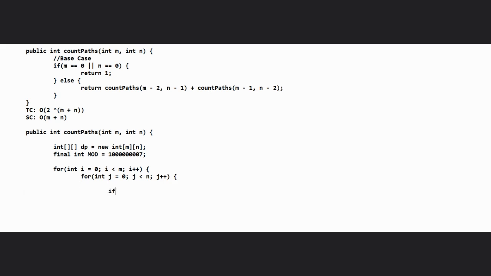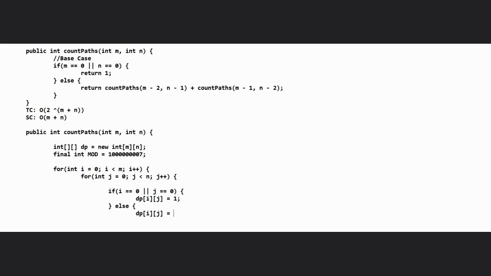Now what happens if it's the first row or the first column? If i is equal to 0 or j is equal to 0, in that case we're going to fill the cell with value 1, else we are going to fill the cell with